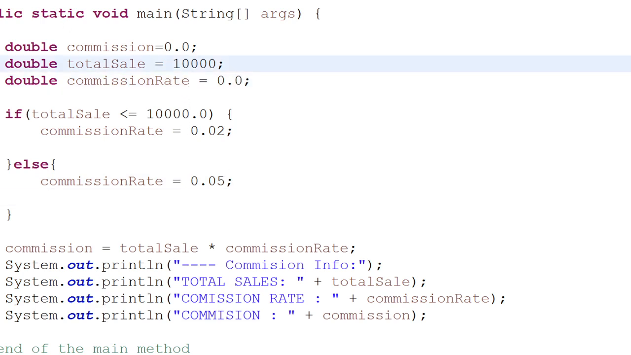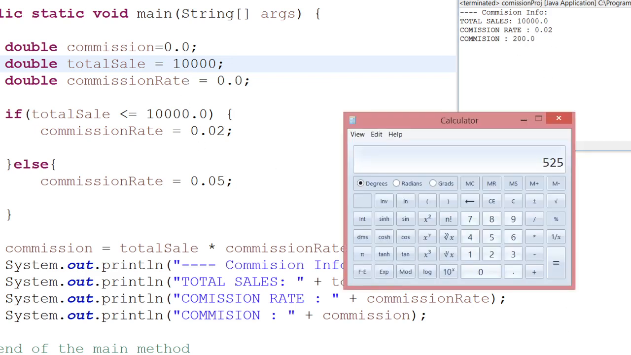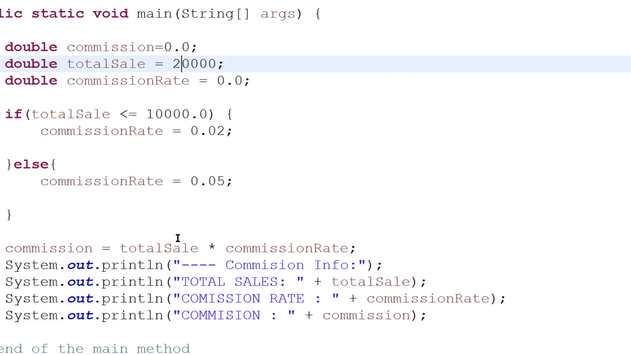So once it is 10,000, you run it. 10,000 and below is 2%. So let's see what is 2% of the total sale. 10,000. Let's calculate. 2% is 0.02 times 10,000. You see 200. It's okay. So if it is greater, let's see, even if it is just 10,001,